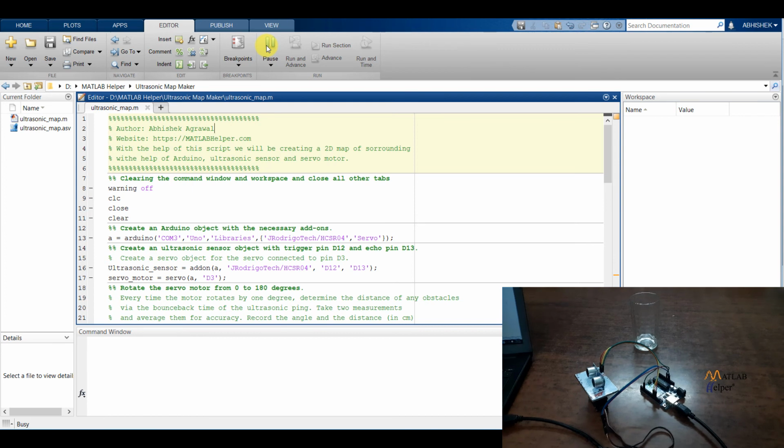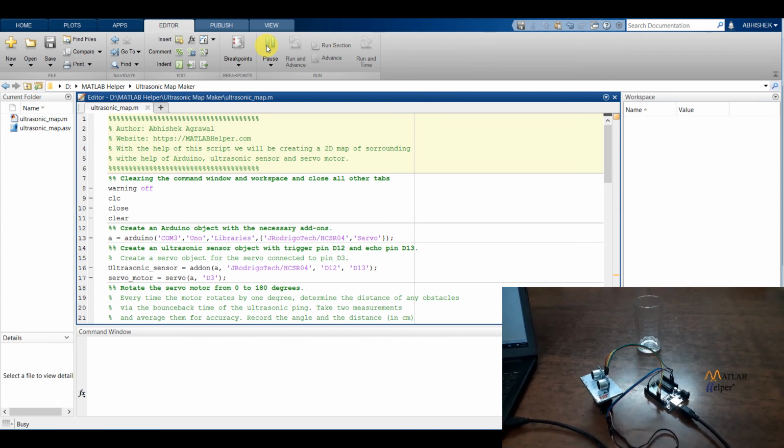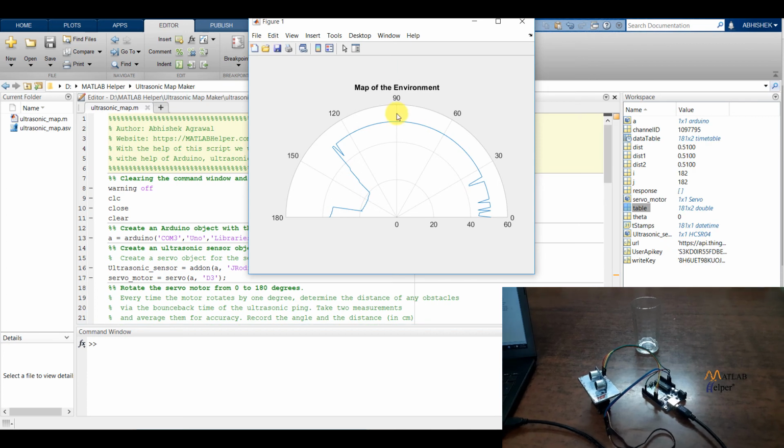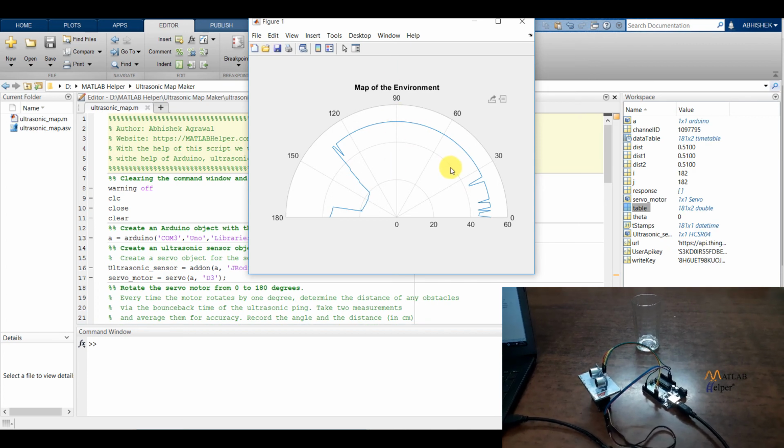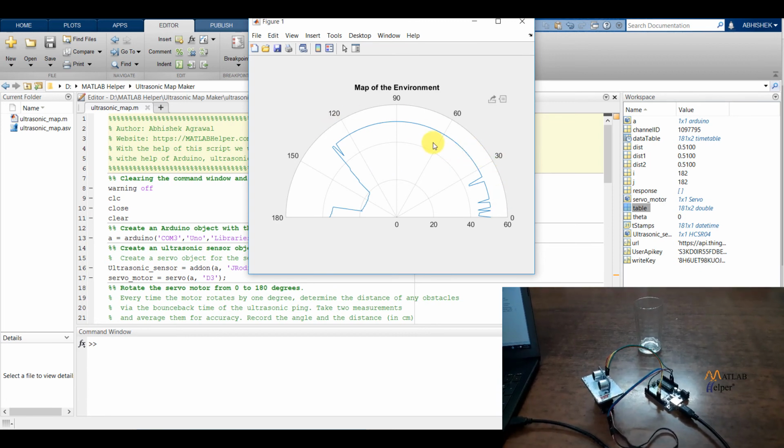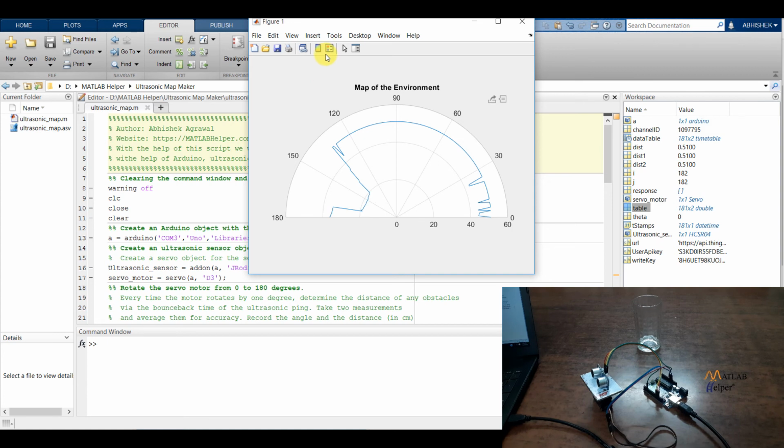So yeah, it took from 0 to 180 degrees and back from 180 to 0 degrees, and we can see that we have got a plot. This is the place where there were no obstacles present, and this was the place where a glass was present.